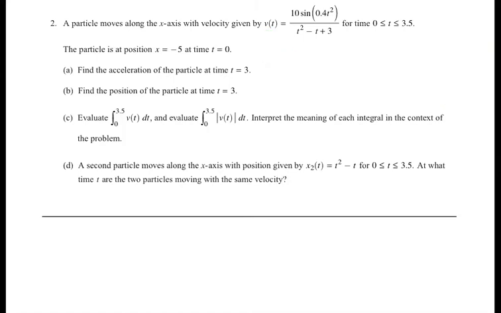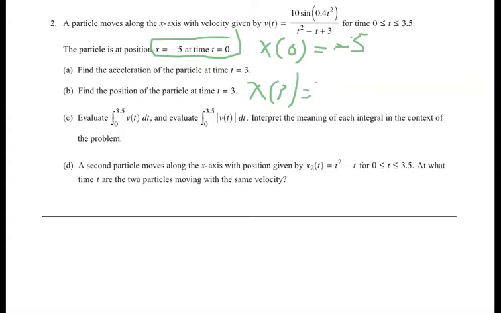Part B says find the position of the particle at time t equals 3. Well, if you look right here, they're telling us that x of 0 equals negative 5. And they're asking us to find x of 3. So again, this is going to be a fundamental theorem of calculus. So we're going to get the integral from 0 to 3 of the velocity function, I need a dt here, is going to equal